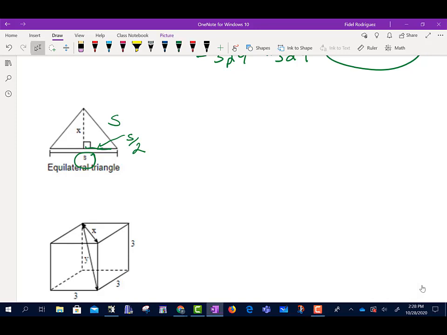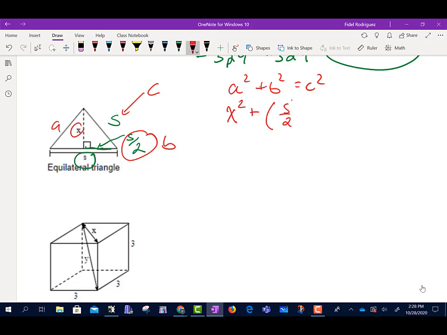Okay, so now let's take a look here. This here is going to be my C. We'll call this one our A, and this piece here will be our B. So again, the formula is a squared plus b squared equals c squared. So a is going to be x squared. B is going to be s over 2 squared. And c is going to be s squared. We're just going to go in pieces, don't worry. So s squared is s squared, obviously. 2 squared is 4